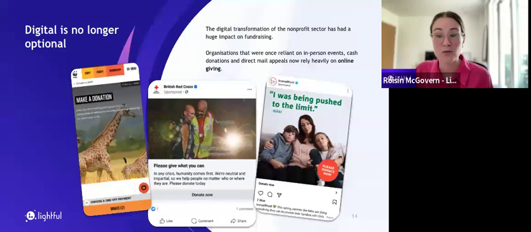With new opportunities to reach a larger audience, and of course, the ability to automate and integrate campaigns and stewardship techniques, nonprofits are learning new ways to reach new and existing audiences, new ways to steward your donors, and new ways to build stronger relationships with your donor base. So whereas before digital fundraising might have been a nice to have or something that bigger organizations were doing, it's really no longer optional. Even for smaller grassroots organizations, we're really seeing that more and more of those organizations are thriving when they do leverage digital fundraising.